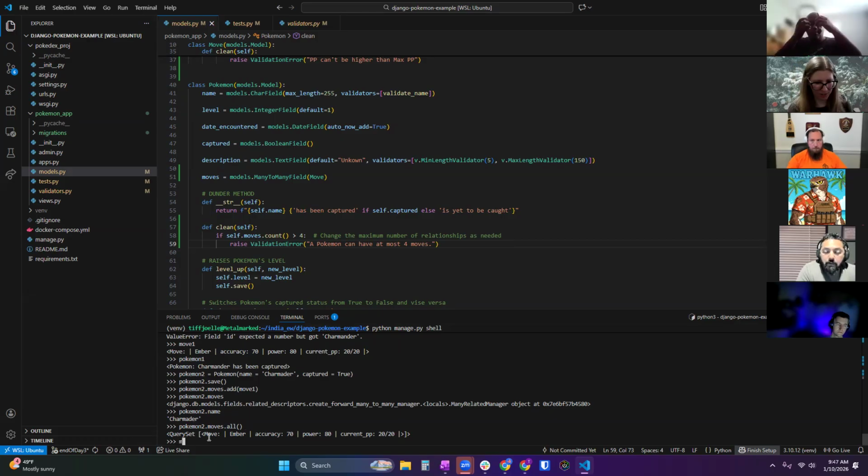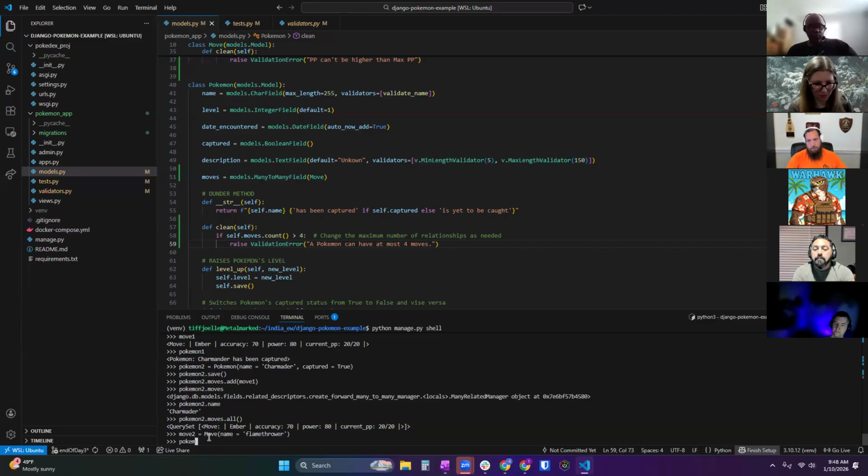So we could do another one. Let's do move 2. Will be equal to a move instance, and we'll give name equals flamethrower. And then we'll save it.